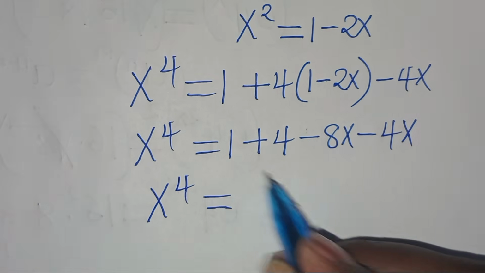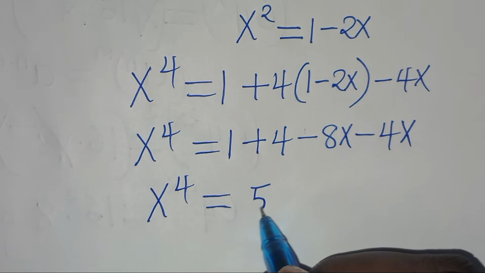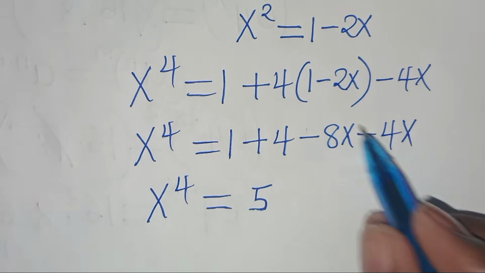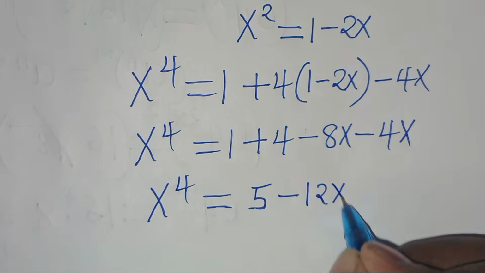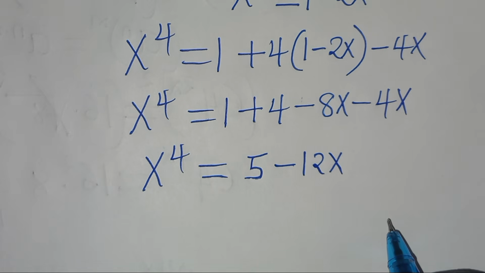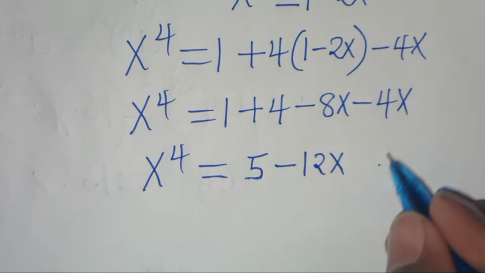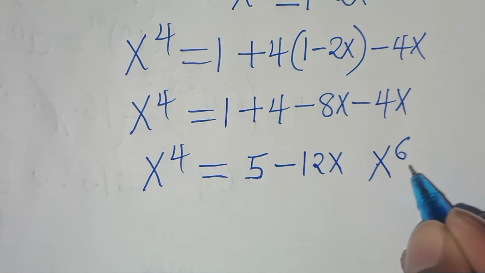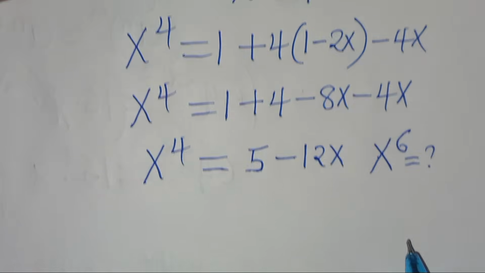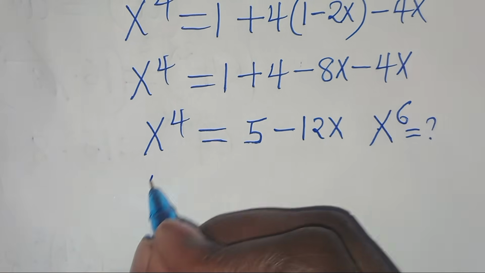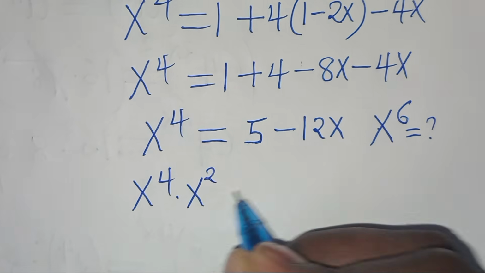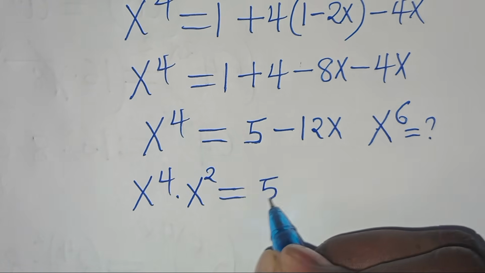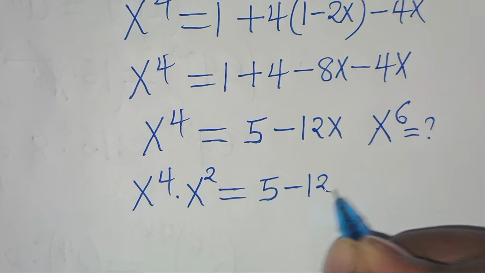This is equal to 1 plus 4, this is 5, minus 8x minus 4x, this is minus 12x. Now, the question is, what is x to the power of 6? Now, let's multiply x to the power of 4 here, multiplying by x to the power of 2. This is equal to 5 minus 12x